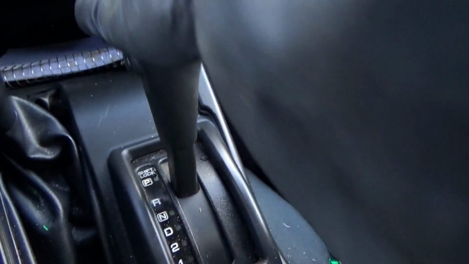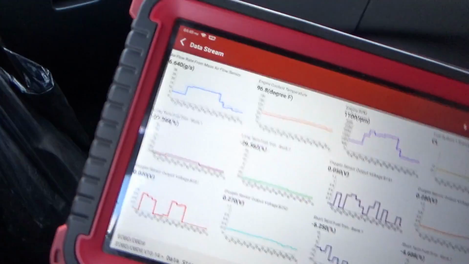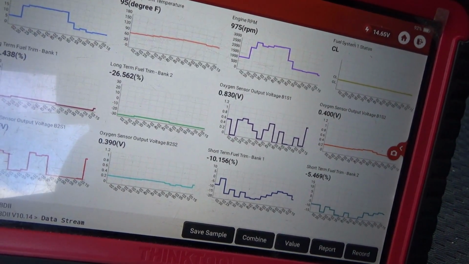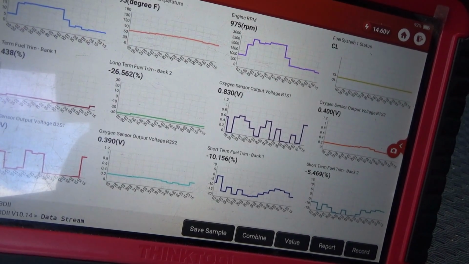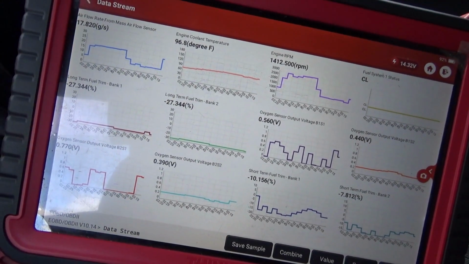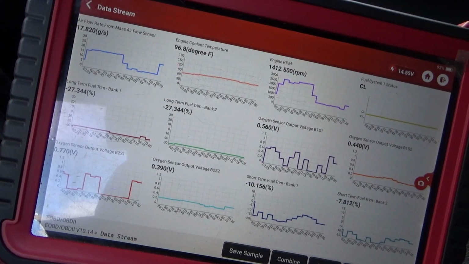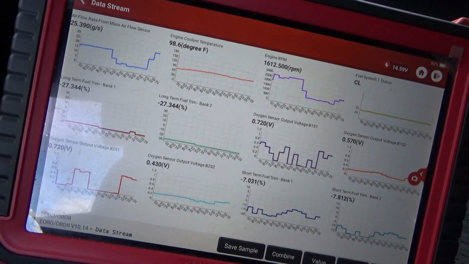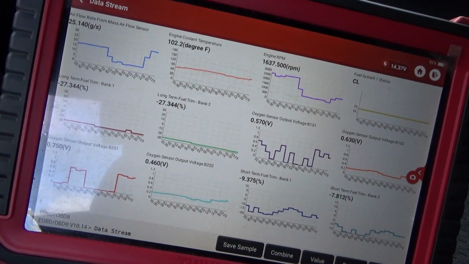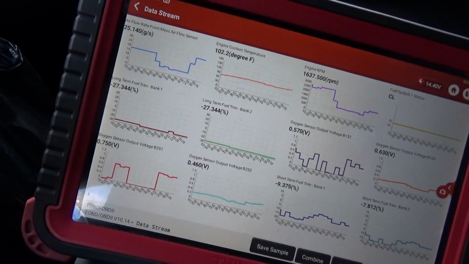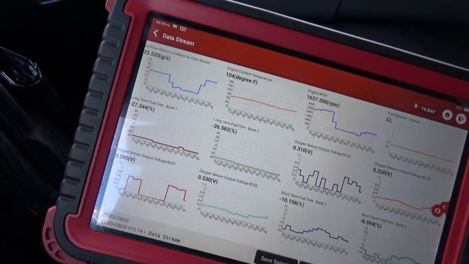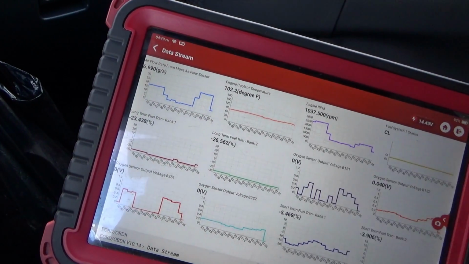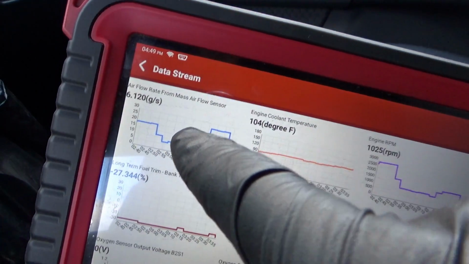I'll just power brake it. Yeah, I don't think there's much to diagnose here. So we'll wait till it warms up all the way, but that's a way too high of a reading right